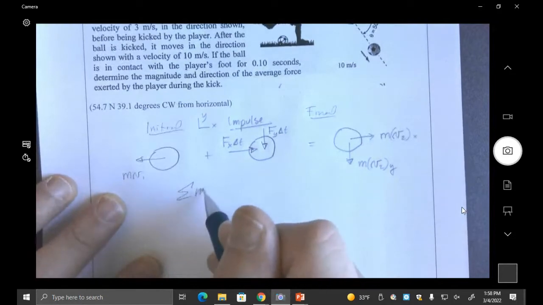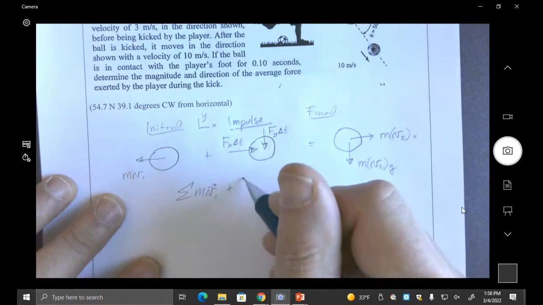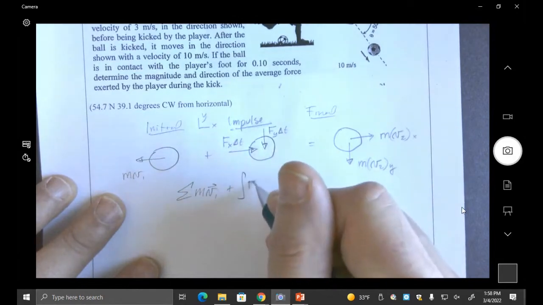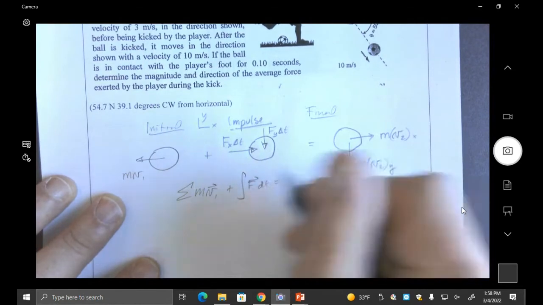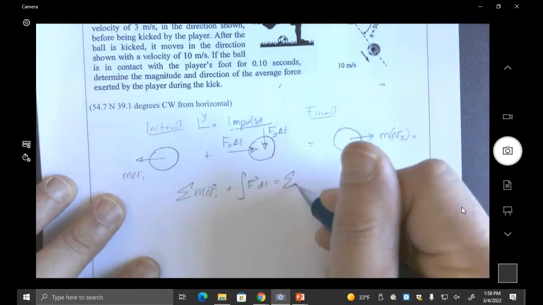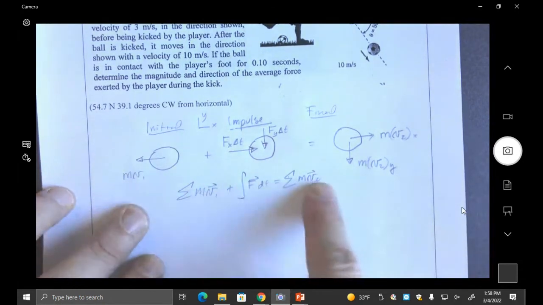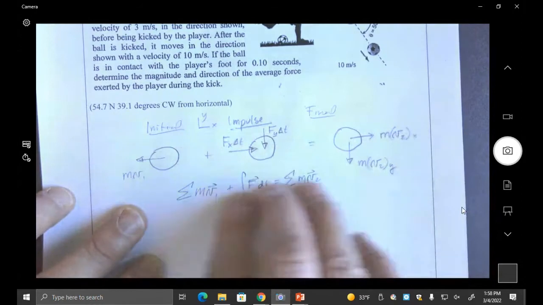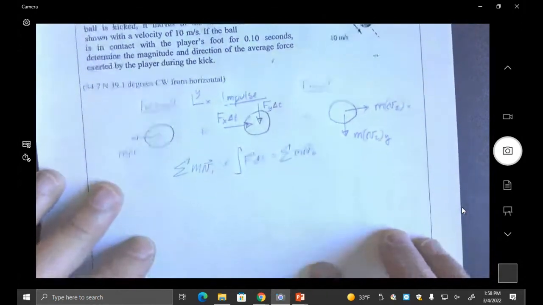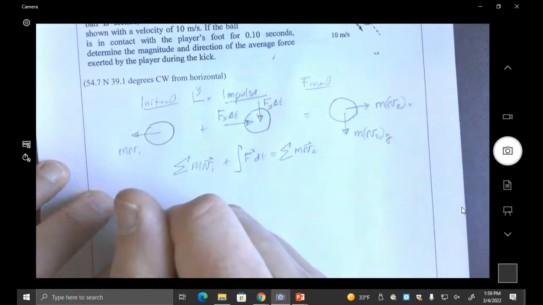So we're taking the sum of the initial momentums. Here's technically the equation we're using, and summation. I like to draw this because here's a pictorial and here's an equation, a model, if you will, of the situation. And so in the x direction,